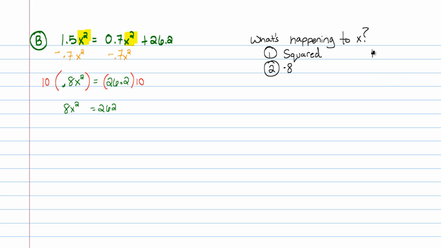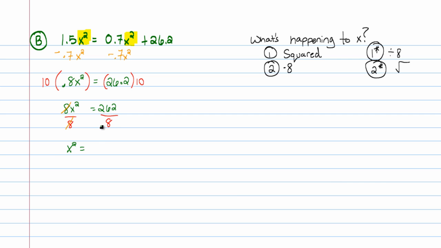So to undo what they did, we'll start at the last thing they did, which is multiplied by 8, and we'll do the inverse operation, which is division. So we'll divide by 8, and then we'll undo their first step here. They squared, we'll take the square root. Let's go ahead and do that. So if I divide both sides by 8, on the left-hand side, the 8's cancel nicely. 8 over 8 is just 1. You get a 1x squared